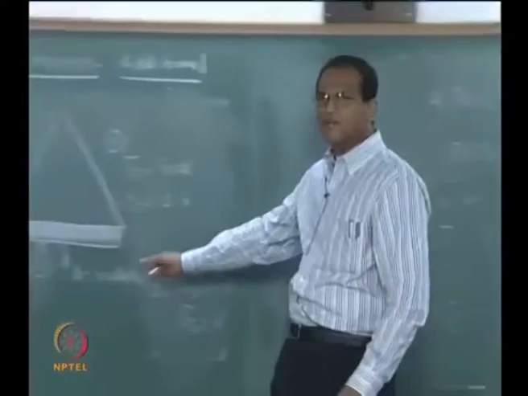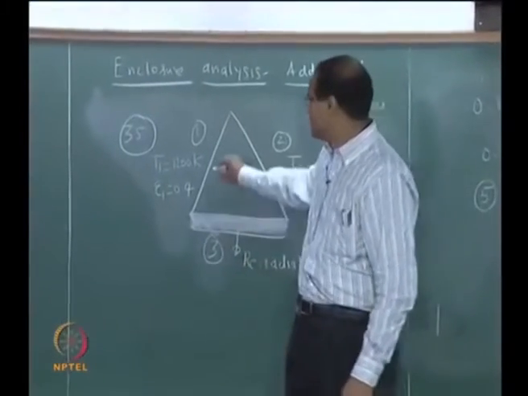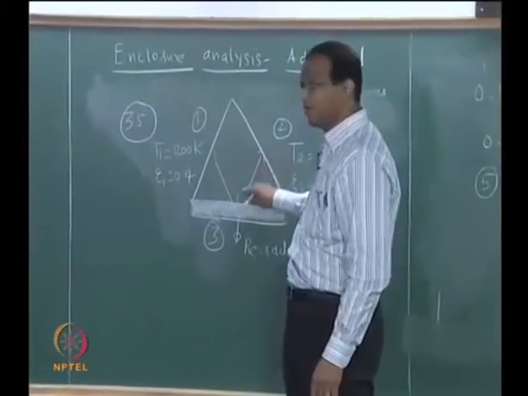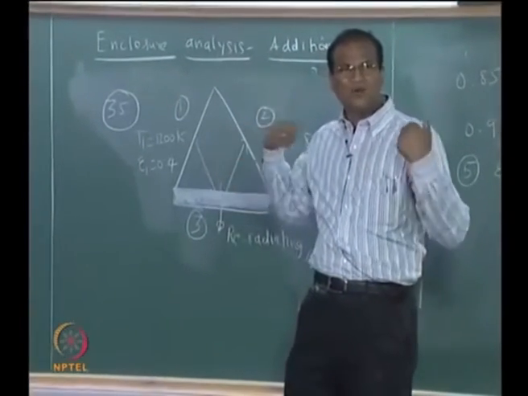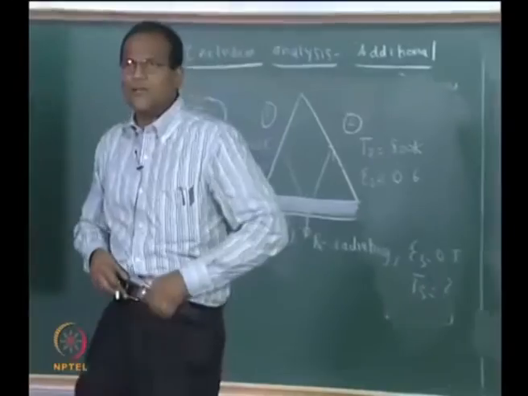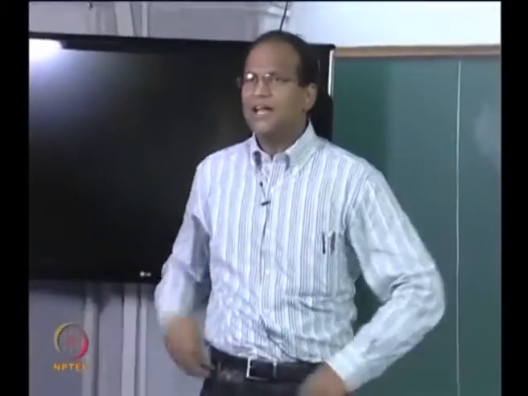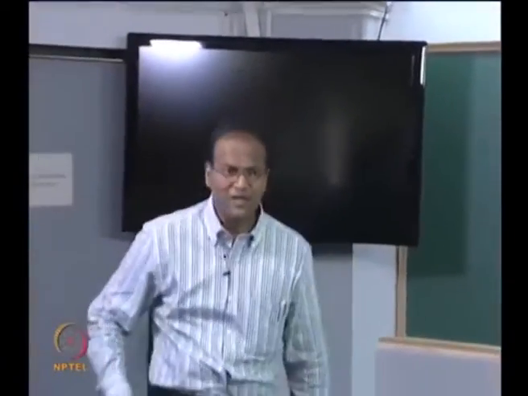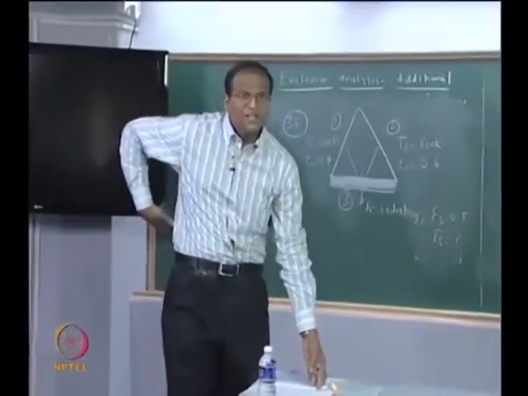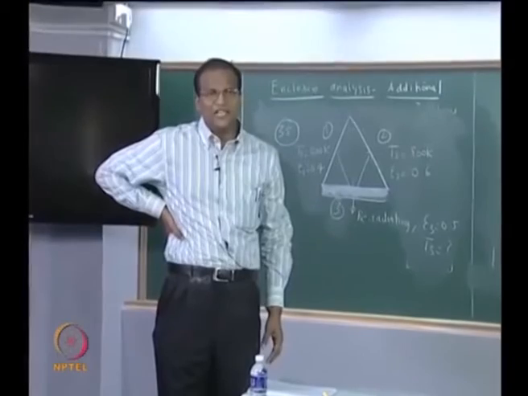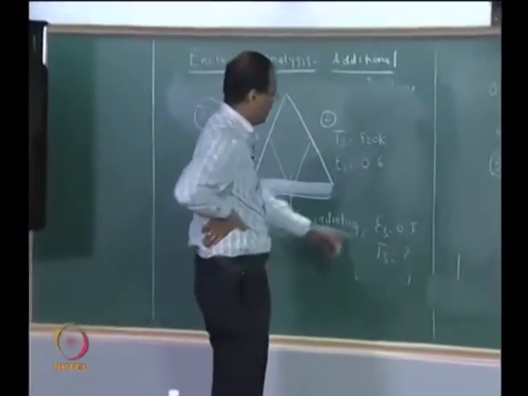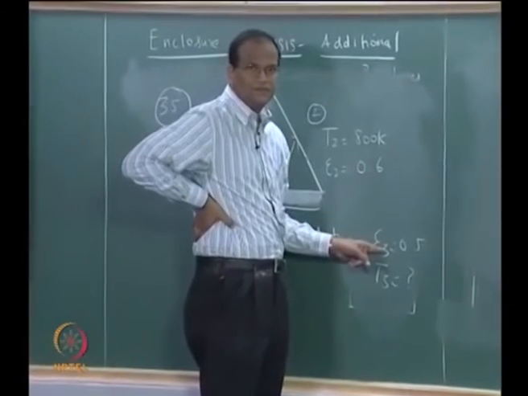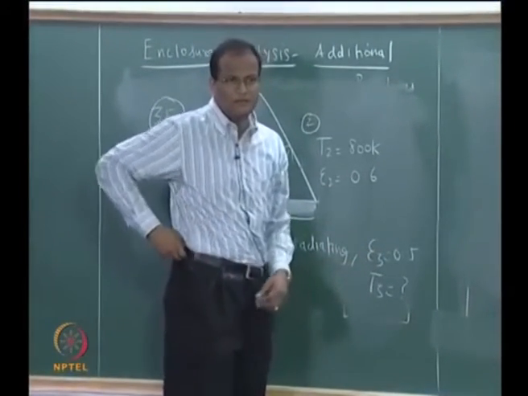So what is this surface doing? This surface is receiving heat from this fellow and is putting it back. So it has no net radiation heat transfer. What is going out is equal to what is coming in, that is why it is a re-radiating surface. And the answer to part C is, if the emissivity is changed, it has no bearing, okay. So the emissivity equal to 0.5 for surface 3 is superfluous or redundant information which is never used in the calculations. Without that also we can do the calculation.